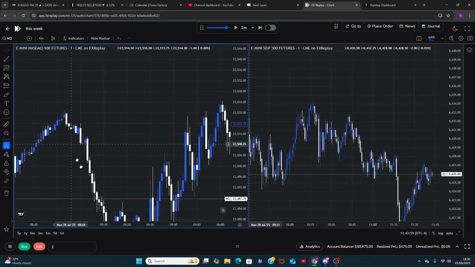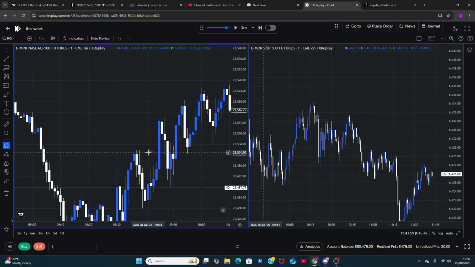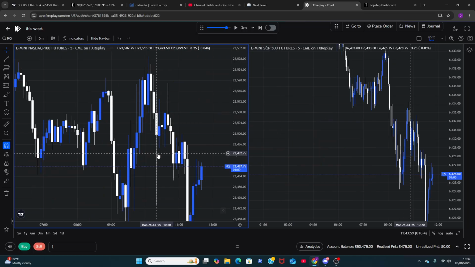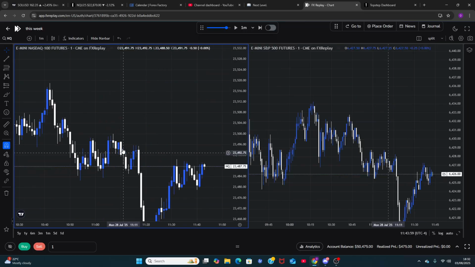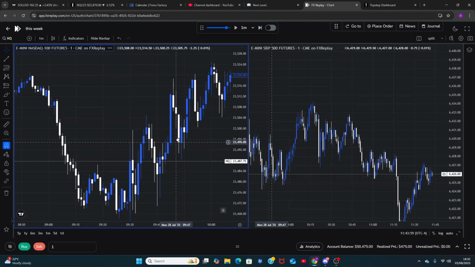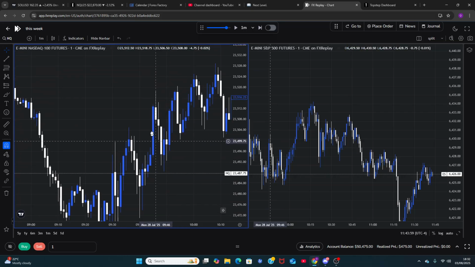A Bissy doesn't have to always get respected from inside it. It can fully go through it and still respect it. That's what happened here. You understand? That's what happened there. It doesn't have to always fill it. That's how Bissies work. It doesn't always have to touch it and go higher. It depends on the context. Here, you can clearly tell price is not really displacing at all. It's just slowly going higher. So I'm expecting this Bissy to be very weak.